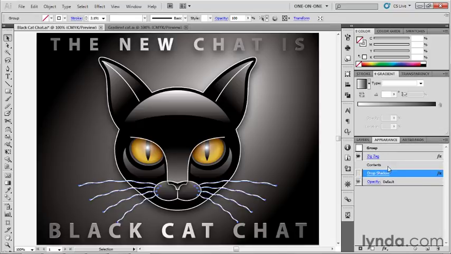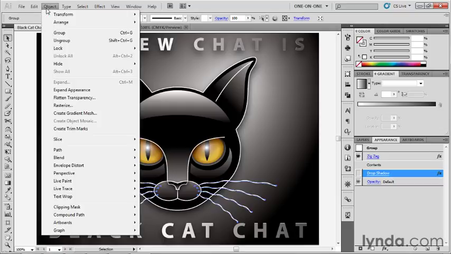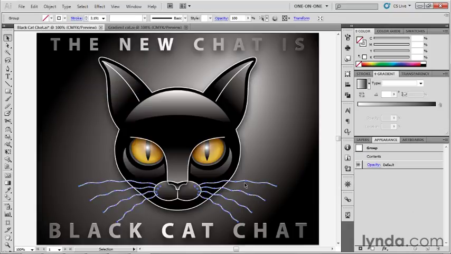So just expand what's visible, don't expand what's invisible, but instead what happens is you go up to the Object menu, you choose Expand Appearance. That does go ahead and expand out the path outlines just the way we want them. However, it throws away the drop shadow. So unless you want a pixel-based image, this is the way to go, but we're going to have to reassign